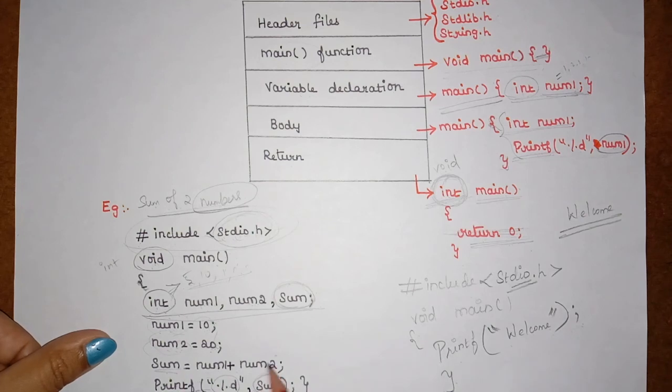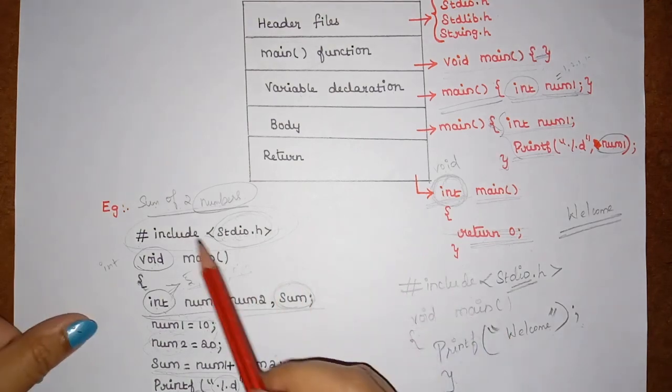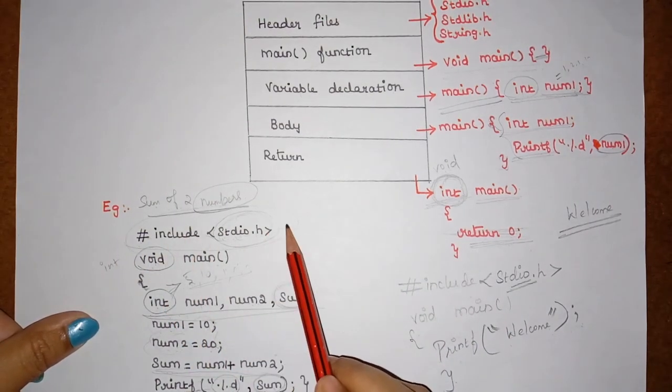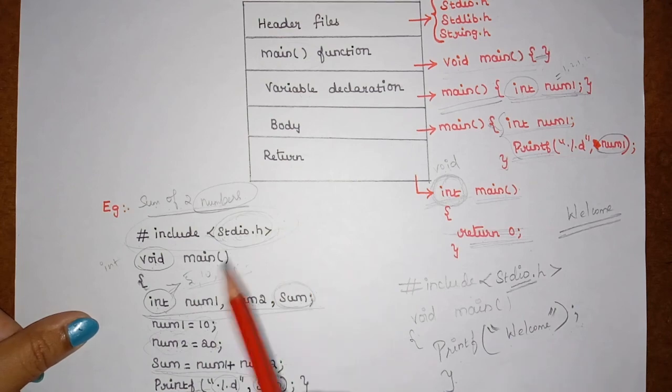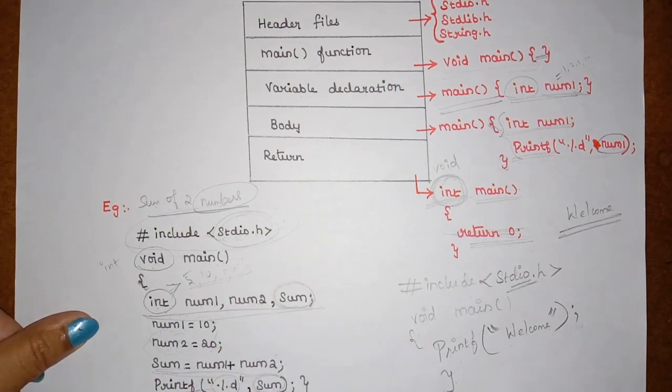So here also I should give a semicolon because the assignment is over. And coming to this statement, we are performing the addition operation. So in this statement, our addition operation is over, so we have to specify a semicolon at the end of the statement. So this indicates the end of the statement. And if you look here, for this header file, we will not use a semicolon. And whenever you are writing any function, there also we should not use any semicolon, because a semicolon is used to indicate the end of the